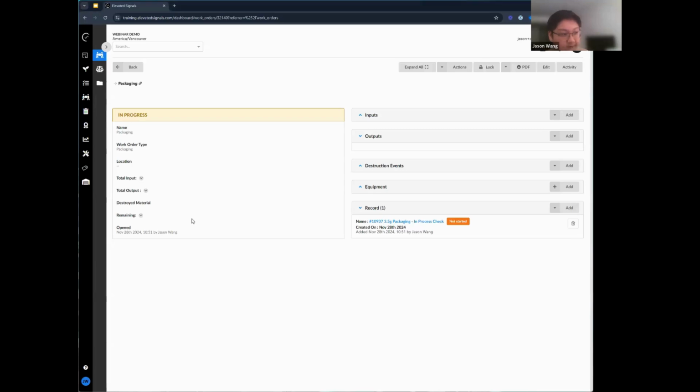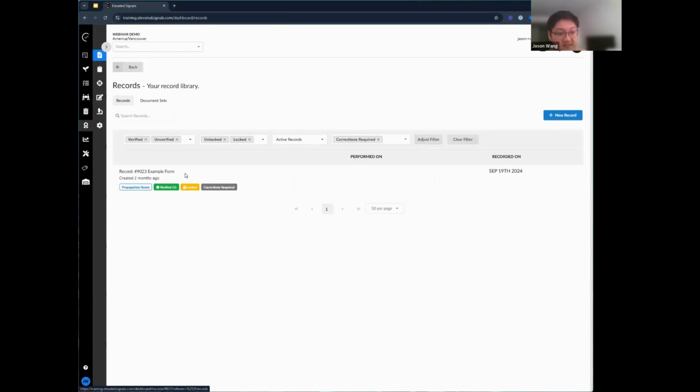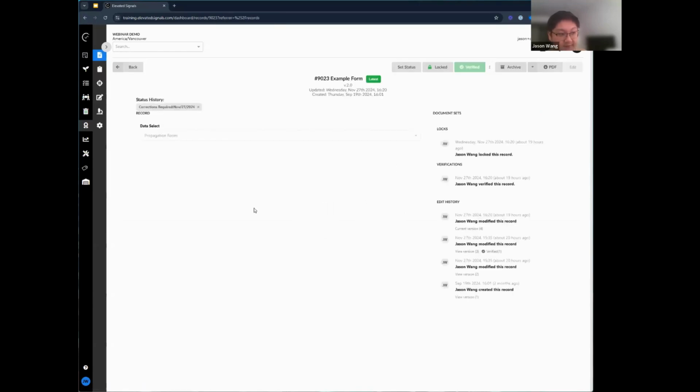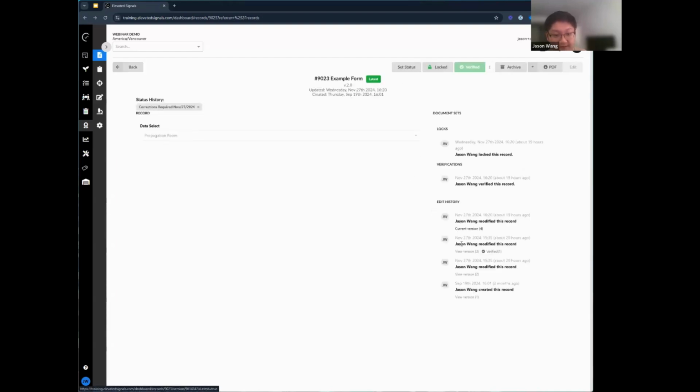So what we could do is, and I'll caveat this, we're still working on improving some of the traceability pieces of these forms. Let me just pull up this old example form I had. You can see I have multiple versions of this, and as we work through it, there's different versions of this. I believe if I pull the PDF,